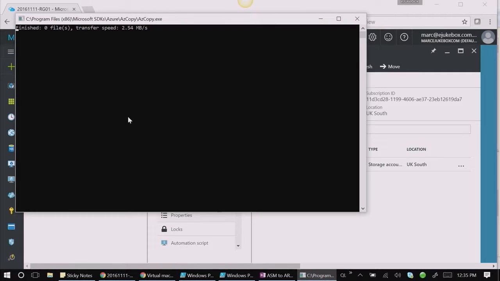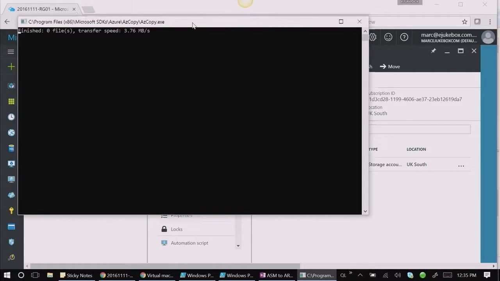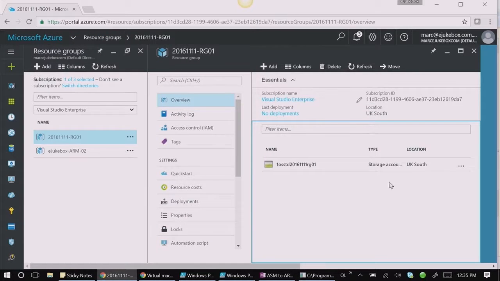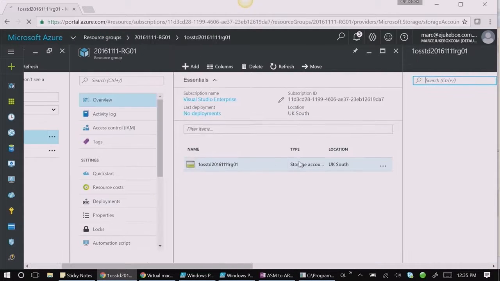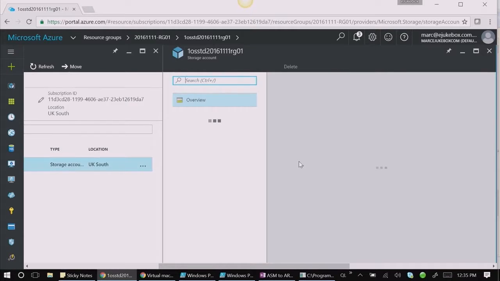Which is what it's doing now. It's copying the disk across. If you have a look at the speed, it's actually quite fast. It's megabytes per second. Right. And it will actually climb up. And because it's nano server, this process doesn't take that long at all. Exactly right. So what we can do is go into this storage account while we're waiting, and we